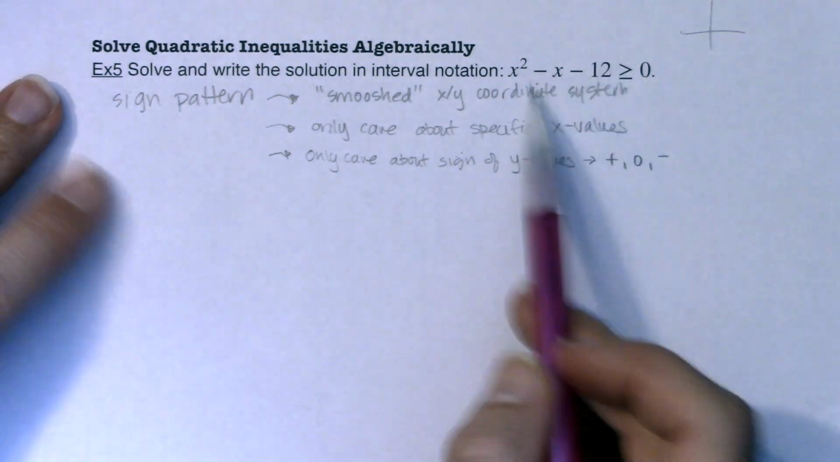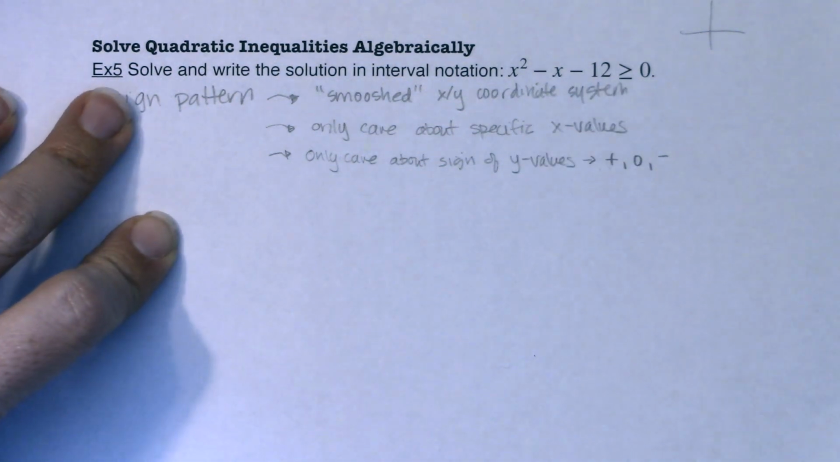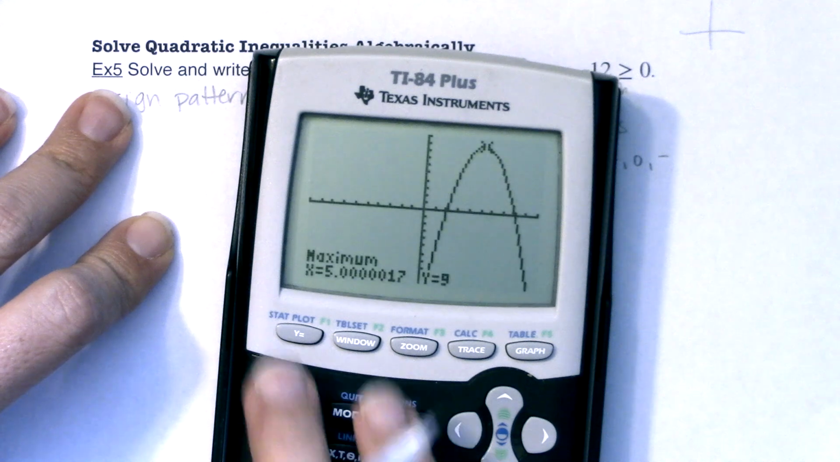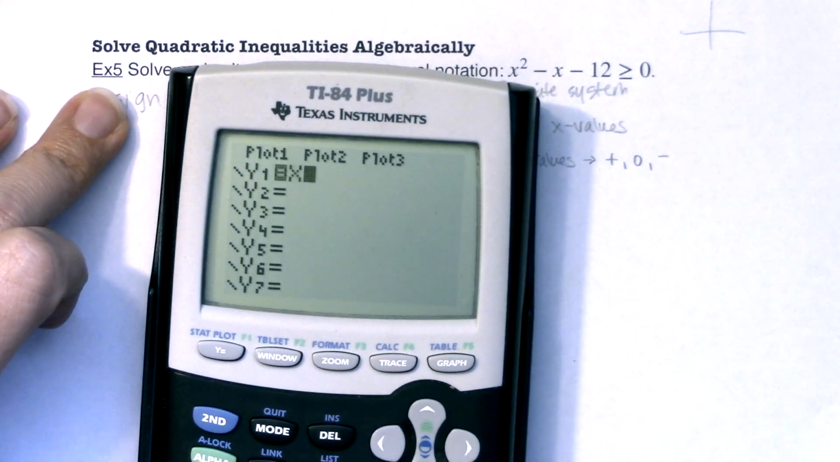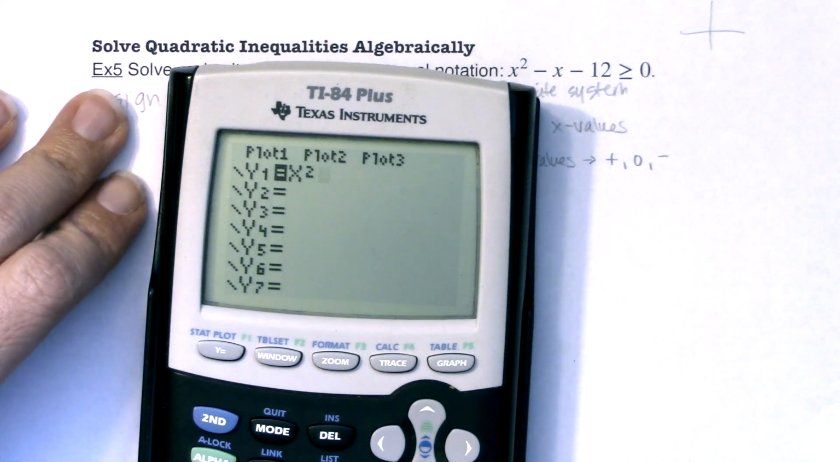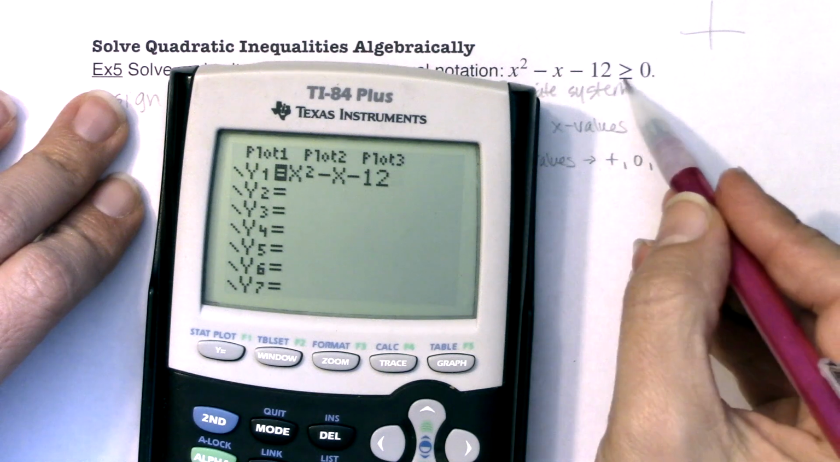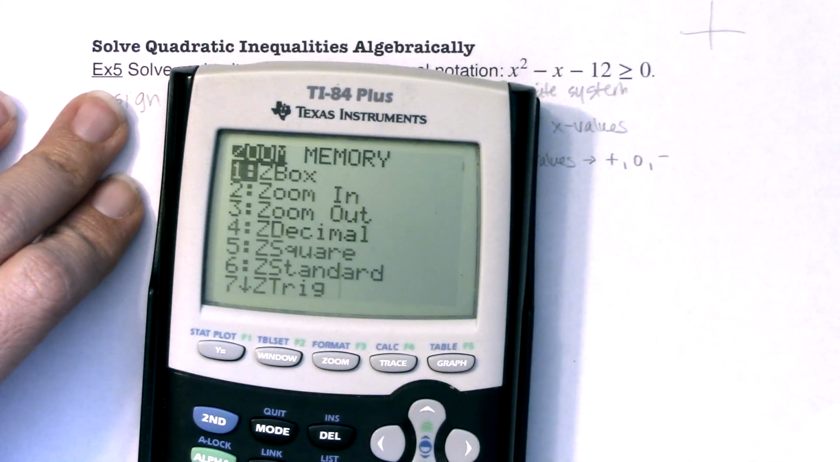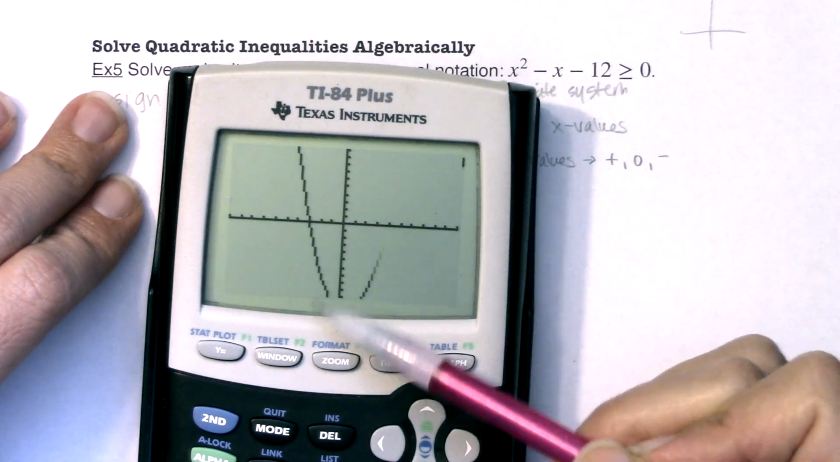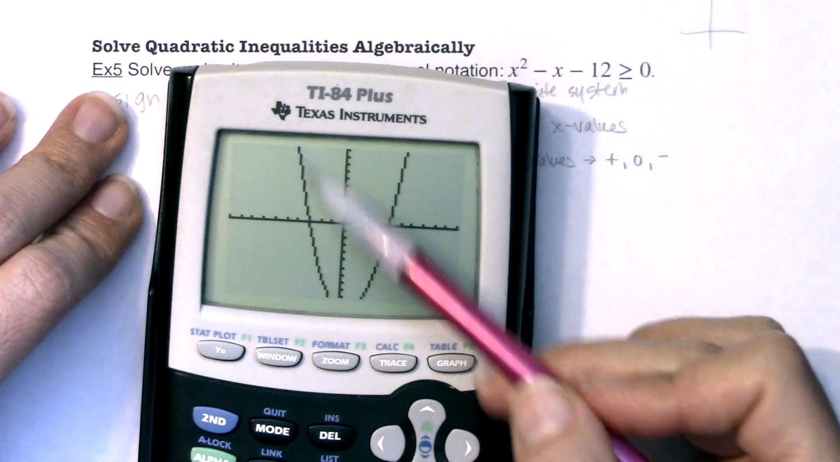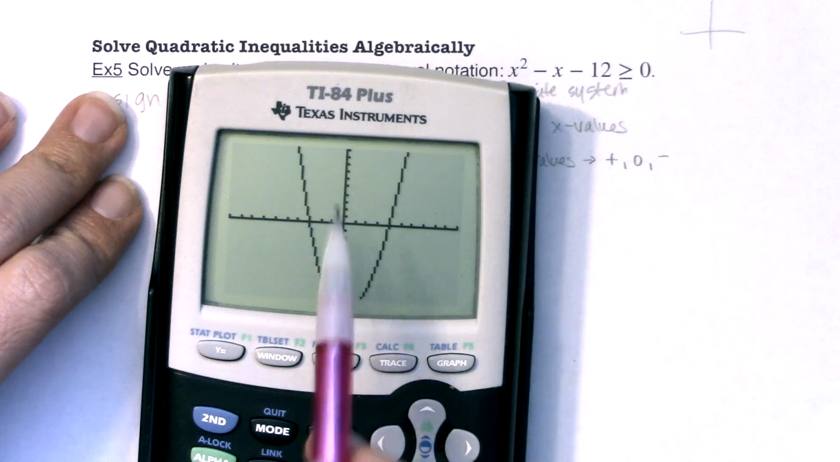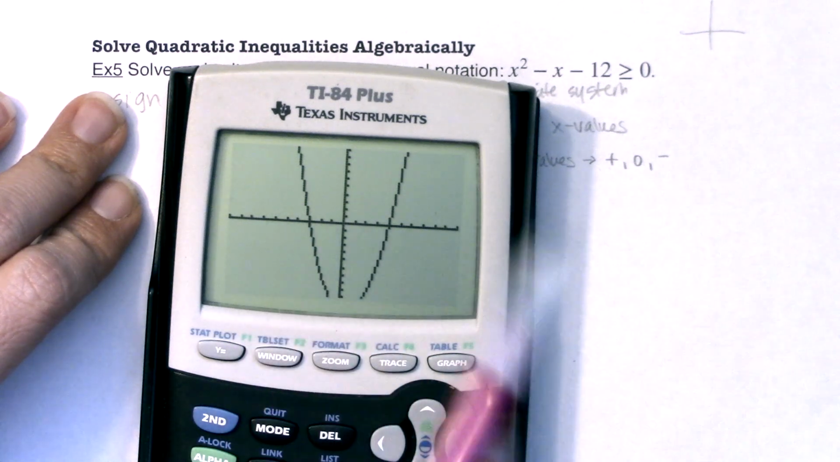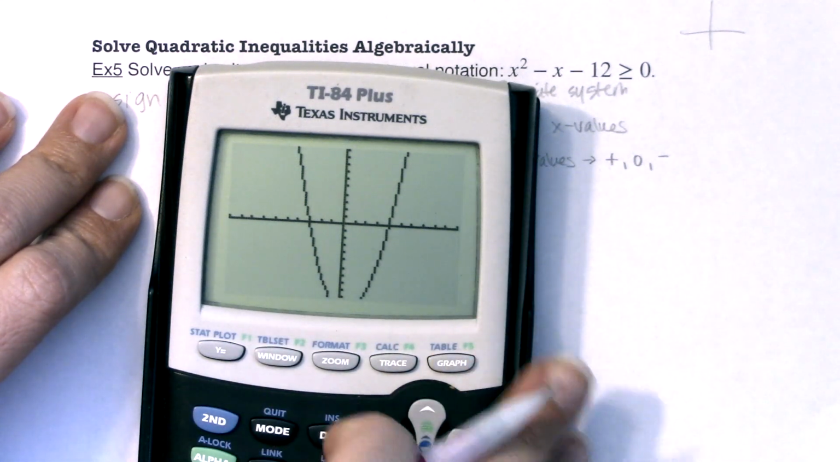I could graph this, and we've done that previously in examples like this. If I wanted to, I could graph this quadratic function and ask, where is x squared minus x minus 12 above or on the x-axis? I could hit zoom 6 here, and we could say, it's above the x-axis here and above the x-axis here. I could write those intervals up just like we had been previously, but we're going to do all of this